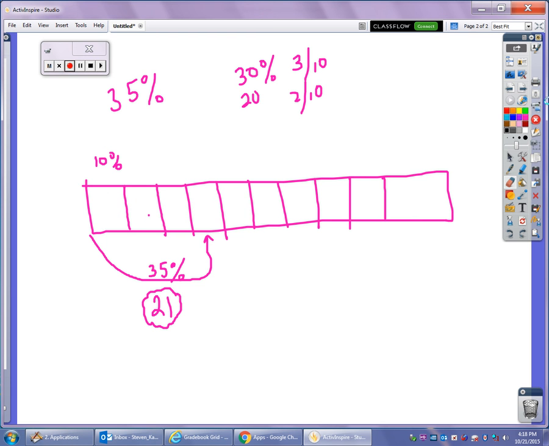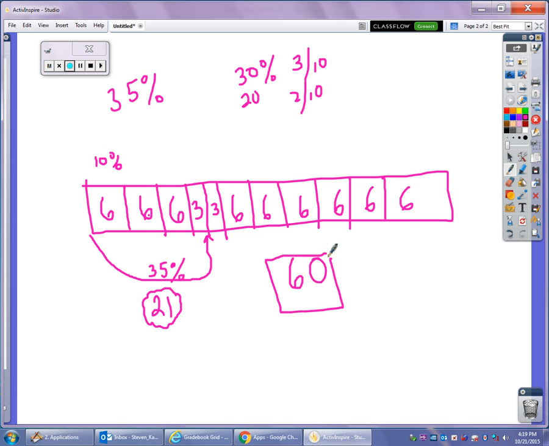So I try 5, and eventually I settle that if I put 6 in each box, then half this box would be 3. That would represent 21 because 6 plus 6 plus 6 plus 3 is 21. Well, now that I know that to get to 21, there'd be 6 in every box, I can just go ahead and keep putting 6 in every box all the way up. And you're going to find that if 21 is 35%, the whole thing is 6 times 10, which would be